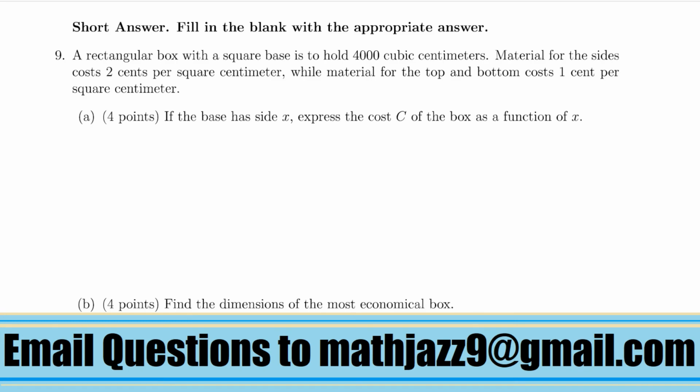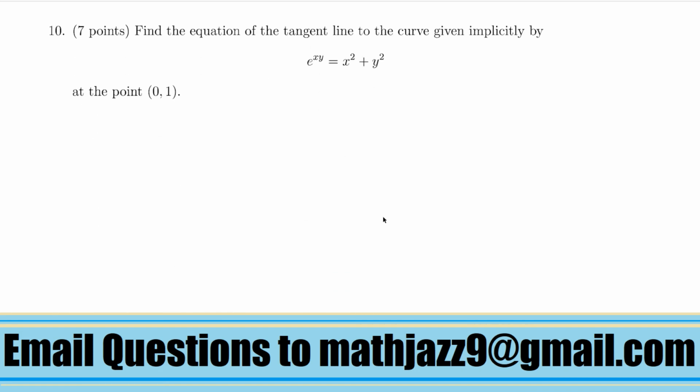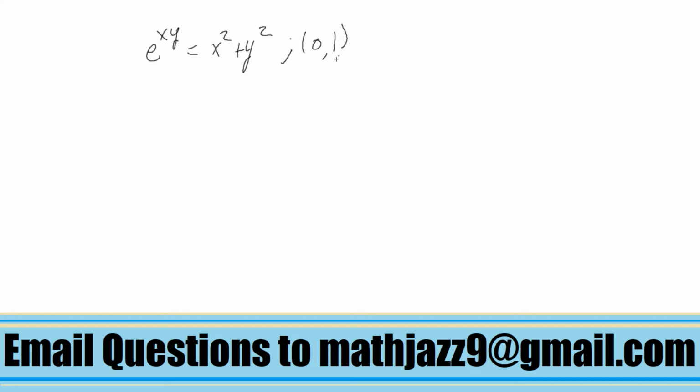So the next question is, find the equation of the tangent line to the curve given implicitly by e to the xy equals x squared plus y squared at the point (0, 1). Okay, so we have here the curve and the point. We just want to find the slope. So, like we did yesterday with this,